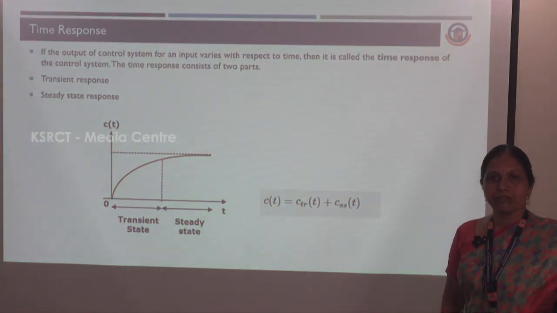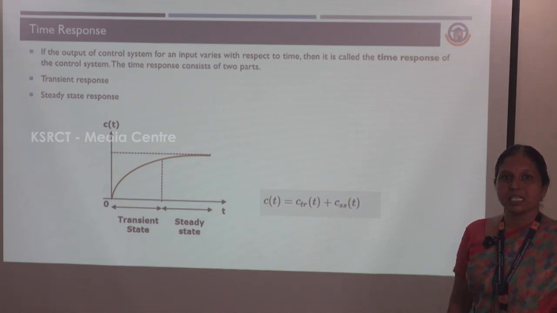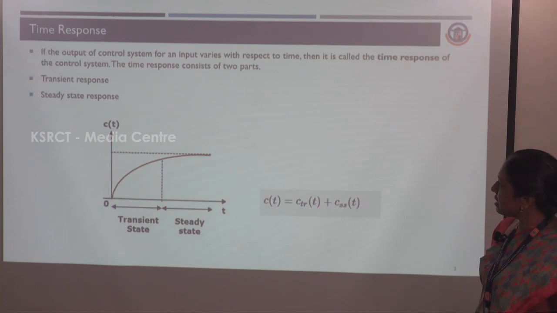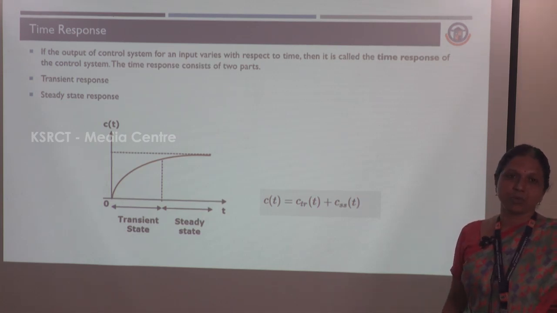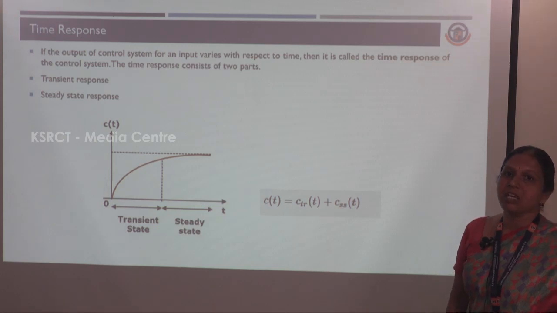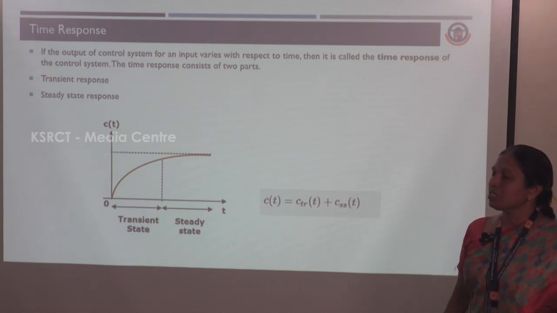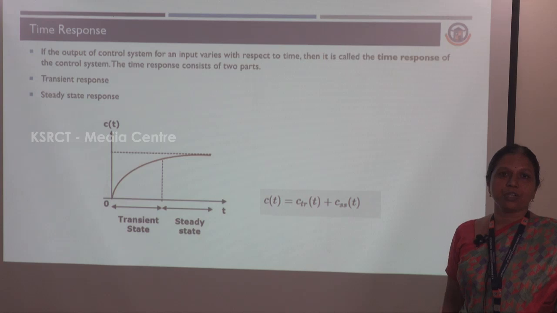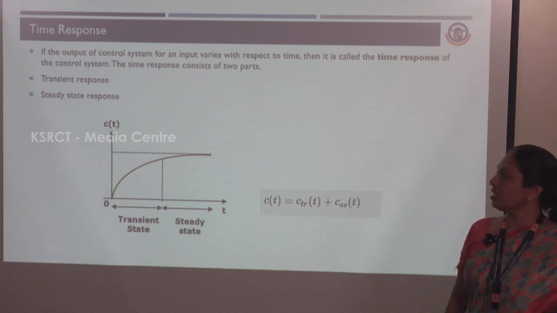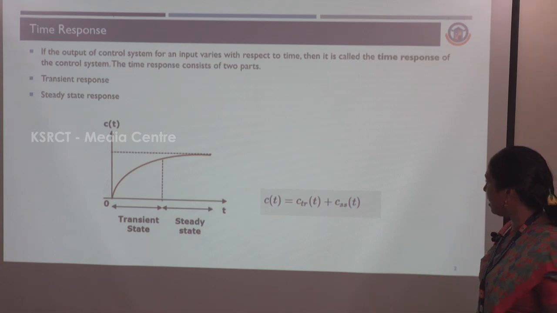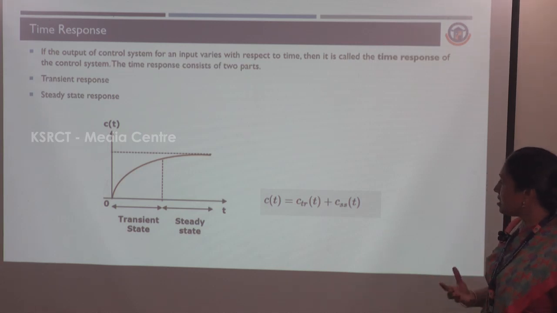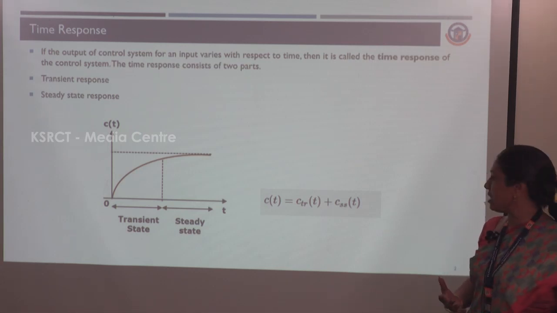It consists of two responses, transient response and steady state response. What is transient response? Transient response is nothing but the response during which the transient state occurs. Steady state response is the response during which the steady state occurs. So, for any particular output, C of t is equal to the transient response as well as the steady state